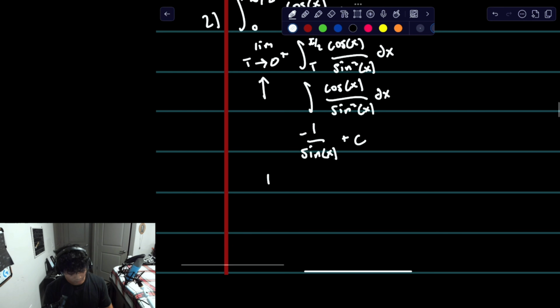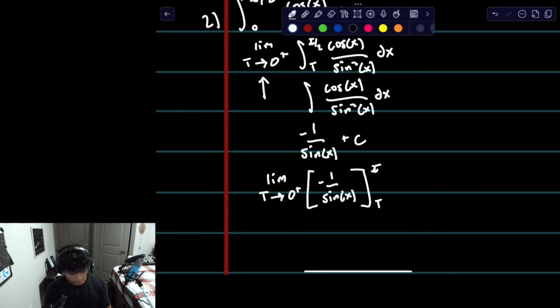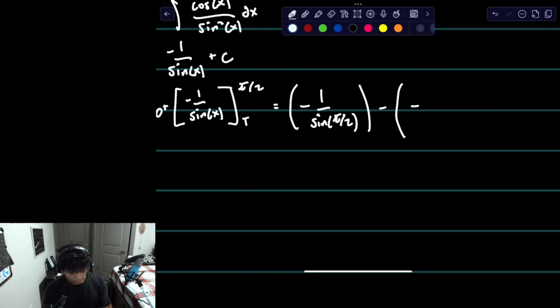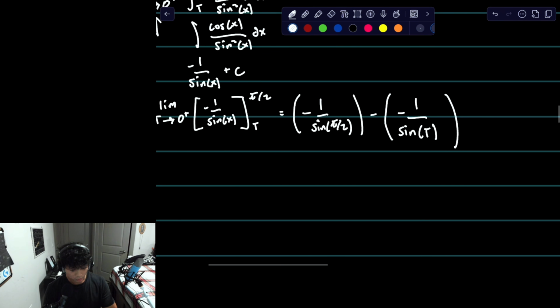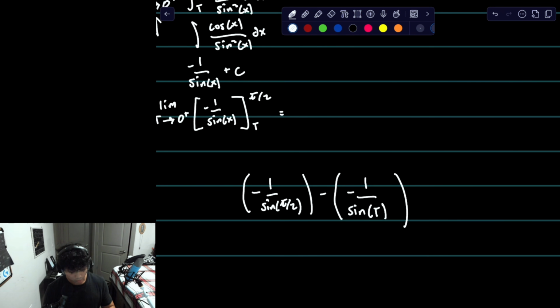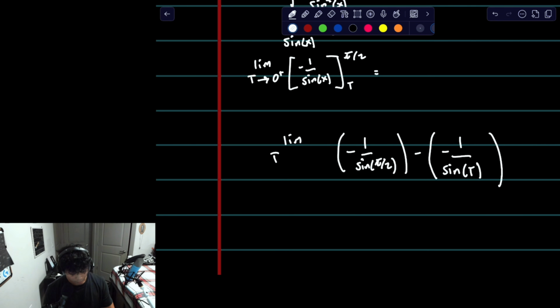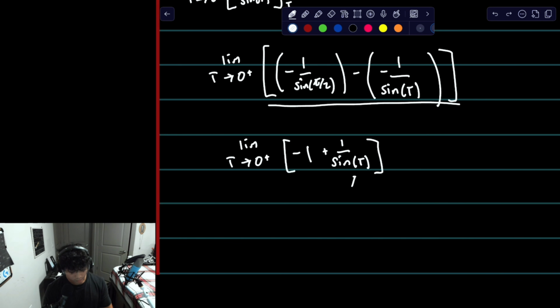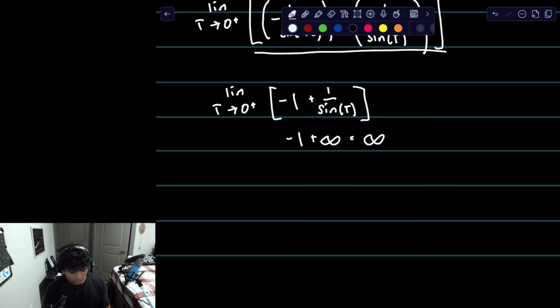We can then go back to this limit as t approaches 0 from the right and put in brackets our negative 1 over sine of x from t to pi over 2, which simply gets us negative 1 over sine of pi over 2 minus negative 1 over sine t, which again all goes in coordination with this limit of t approaching 0 from the right, and our box just simplifies to negative 1 plus 1 over sine of t, again under our limit, which then plugging in t for 0 just gets us negative 1 plus infinity, which of course is infinity. So because our answer is infinity, with this conversion